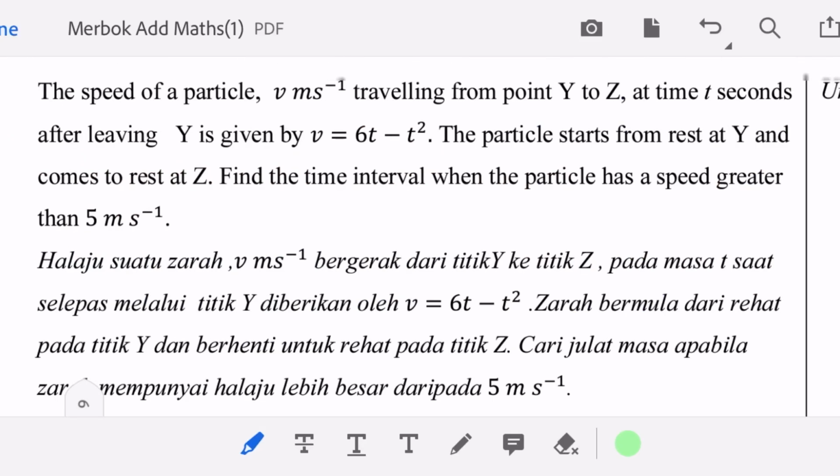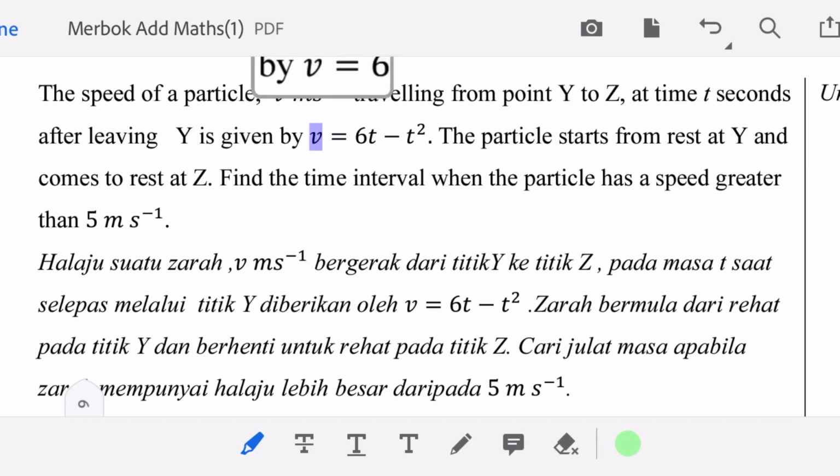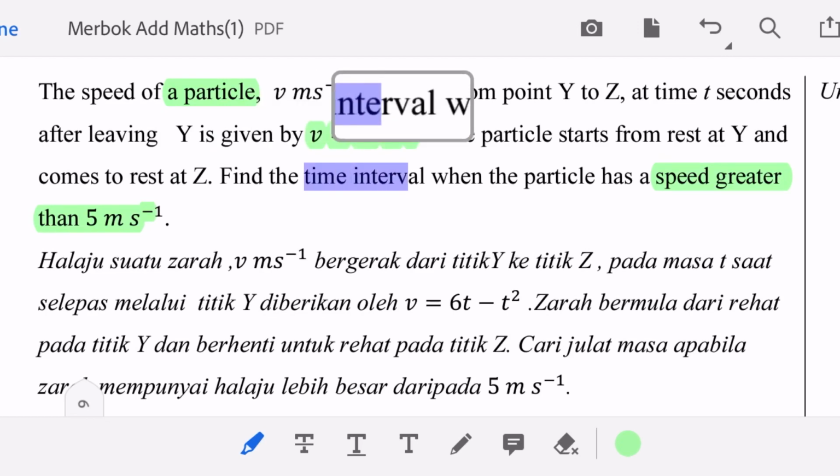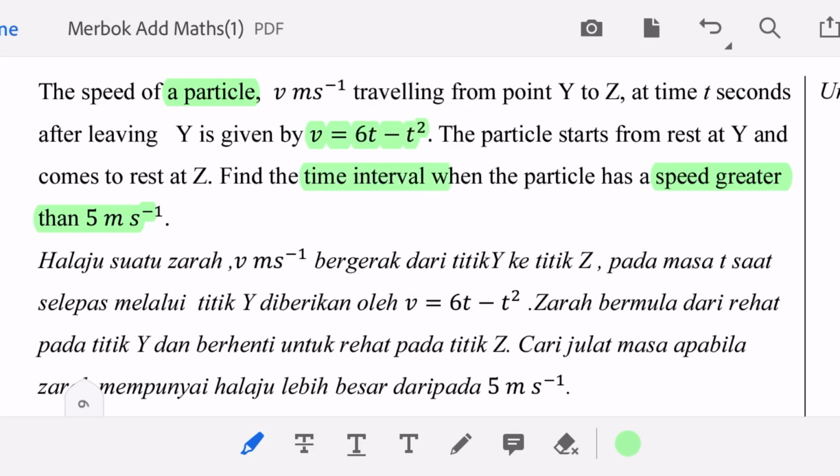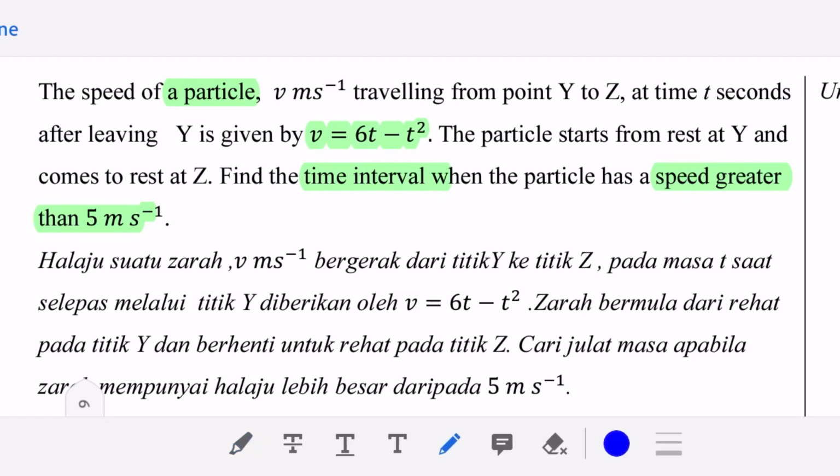Now let's go through this question. The speed of a particle, v meters per second, traveling from point y to z, t seconds after leaving y, is given by v equal to 6t minus t squared. The particle starts from rest at y and comes to rest at z. Find the time interval when the particle has a speed greater than